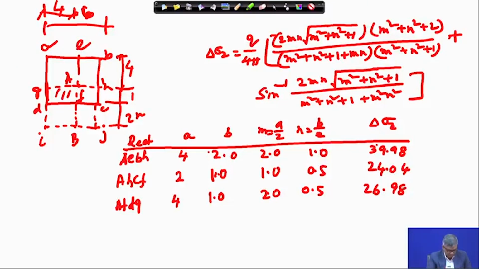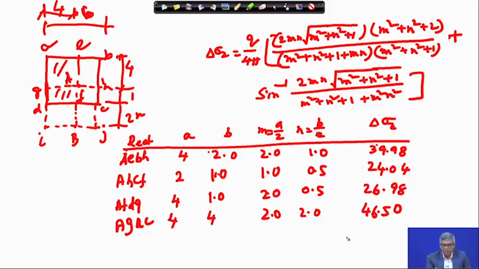And finally, AGAC, that means this one, in this you will get A equal to 4, B equal to 4. So, m will be equal to 2 and n also equal to 2, and if I put this value in this equation, we will get